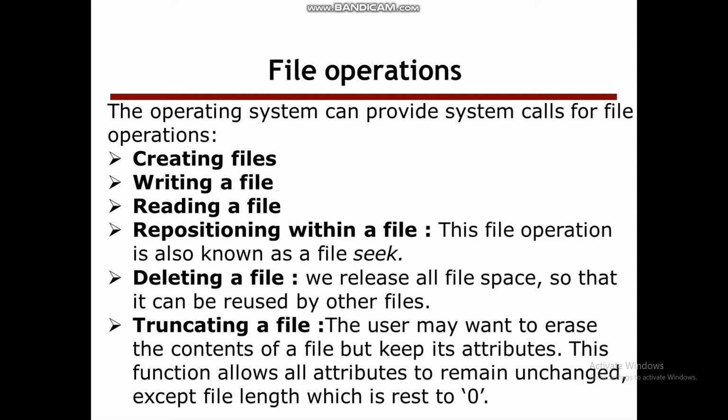Then the other two operations are deleting and truncating. While coming through DBMS, you must have come across the delete and truncate commands in detail. Delete is a DML command and truncate is a DDL command. Both of them do more or less the same operation, but in delete,